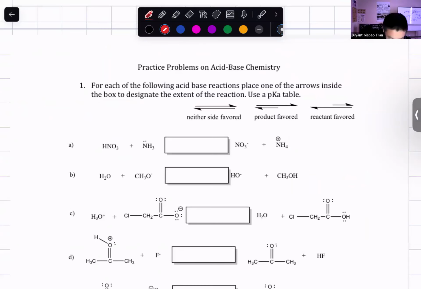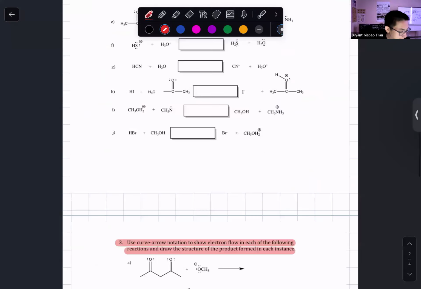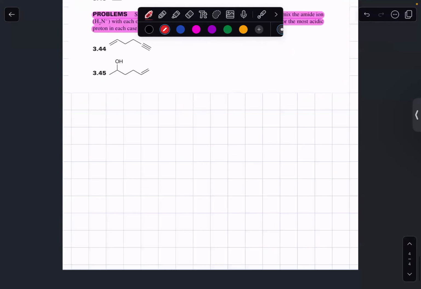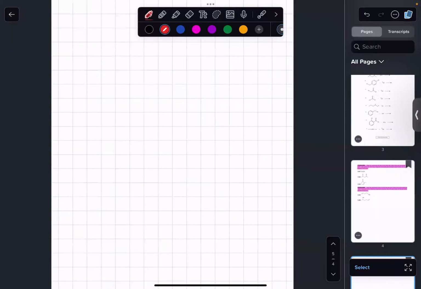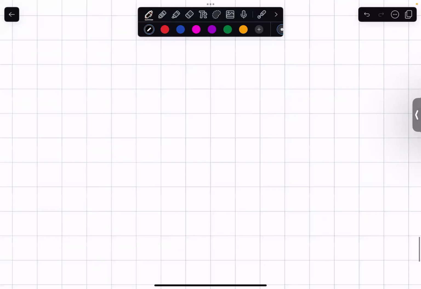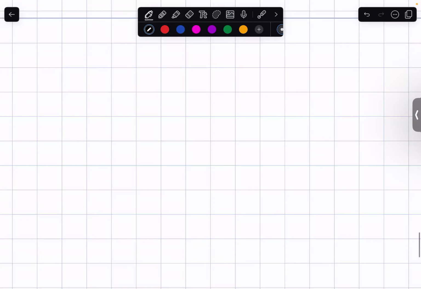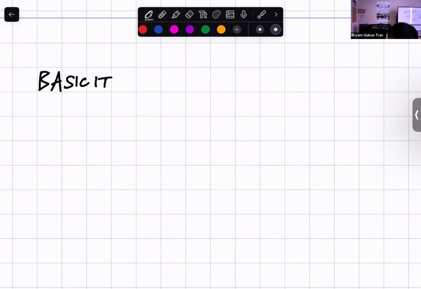Yes. Jillian, you had a question? Yeah, can you just quickly go through a basicity problem, in terms of amines, what makes something more basic? There was a question on Mariah's practice, what makes something more basic than the others. Right. And there's two different conditions that the basicity of amines